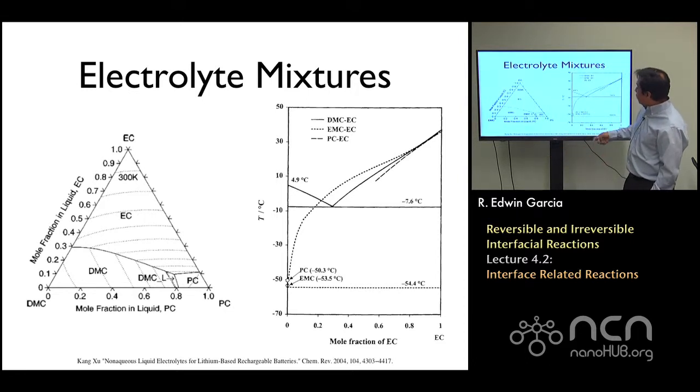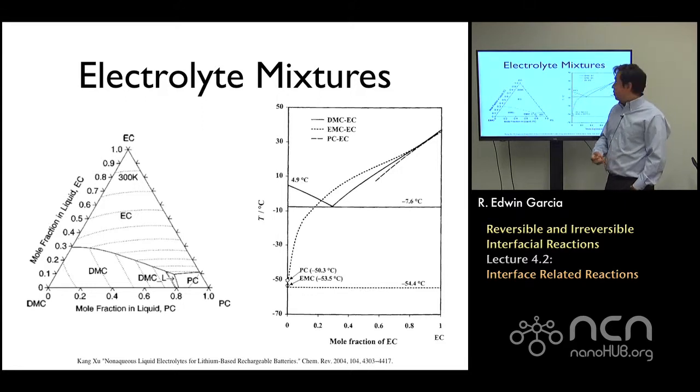And in this case, you can see how, in this pseudo-binary diagram of the EC-DMC system, if I go below 10 degrees centigrade, say in this case 4.9 degrees, you could actually form a solid-liquid mixture. In this case the mixture will crystallize, providing me with a set of obstacles around which the ions will have to flow. Now, this is just in the electrolyte, and these bulk reactions by themselves can slow down the transport of